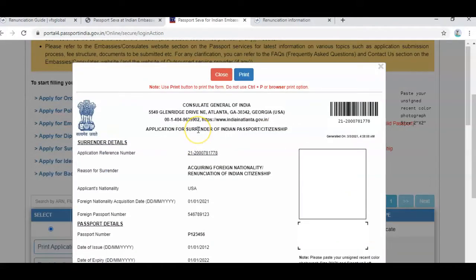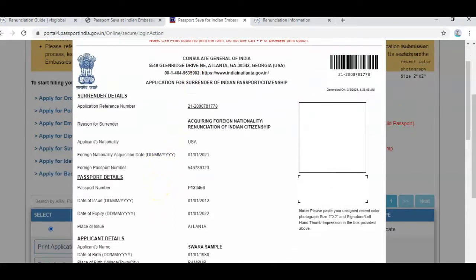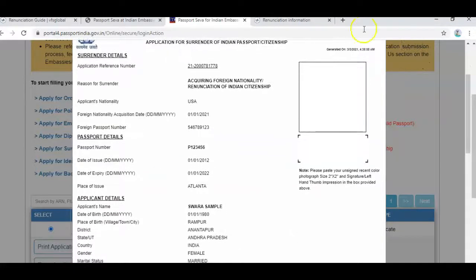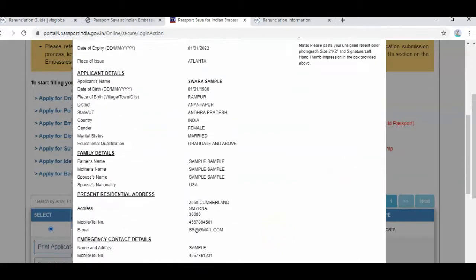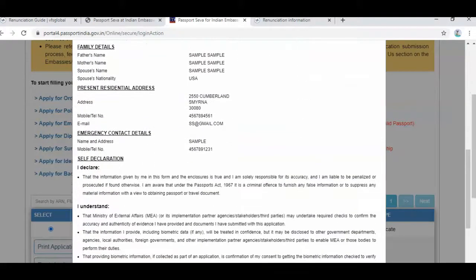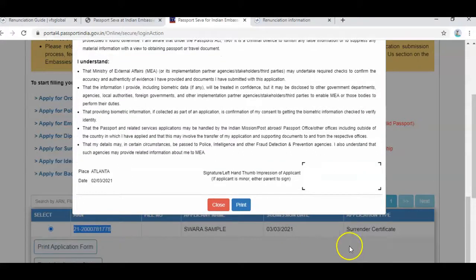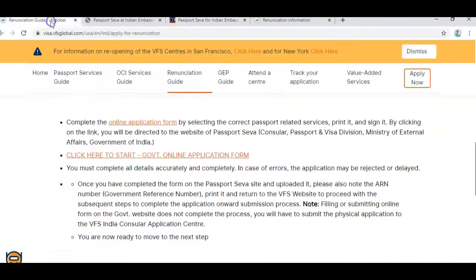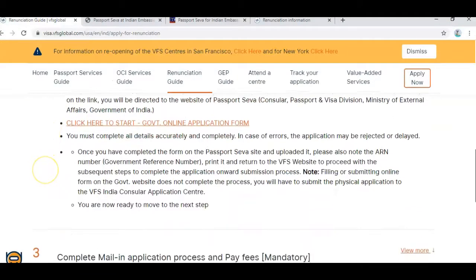So we need to paste a picture and sign below the picture. Sign at the end of the form. Take the print and sign on the first page and on the second page.